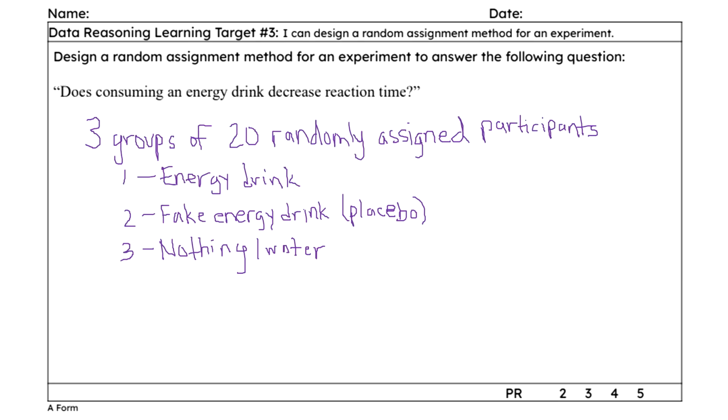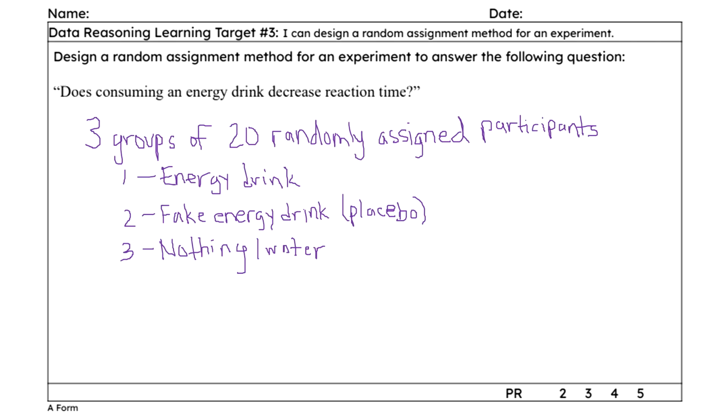I mean, if you don't tell the random number generator to make equal groups, it could just assign like 50 people in group 1 and 9 people in group 2 and 1 person in group 3, because that's just random, right? It might be better to do something like have 3 different types of slips of paper in a box or a hat or something. And so you would have 1s, 2s, and 3s, and then people are just reaching their hand in the box. And they're like, oh, I'm group 3. Okay, I'm going to group 3. And then when you've run out, you're out, and there's not going to be any sort of duplicates or uneven